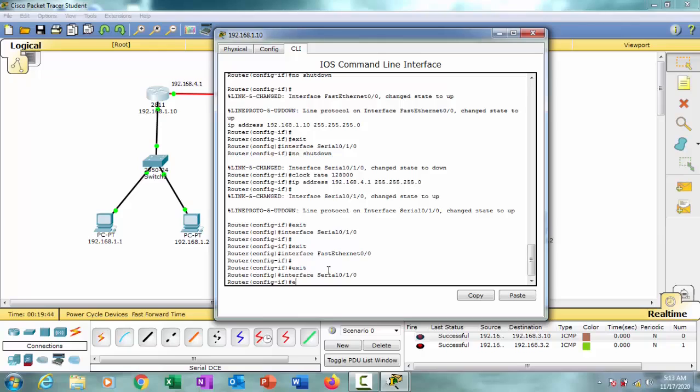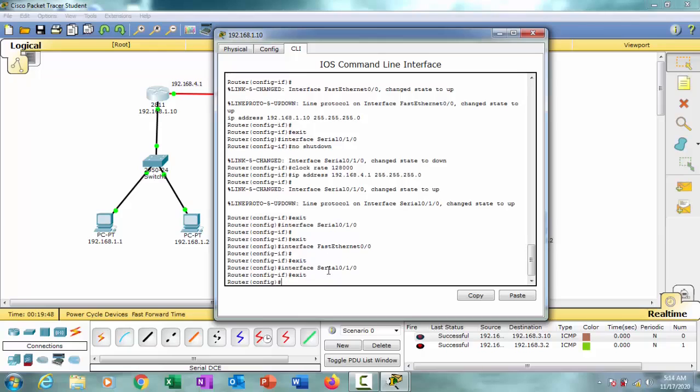So we type exit. We exit from this mode. So you now see the config mode only. Okay, so it's time for us to type the command, which is ip route. You can use capital letters or small letters, it doesn't matter. The IOS command line interface will be able to recognize your command either way. So route,